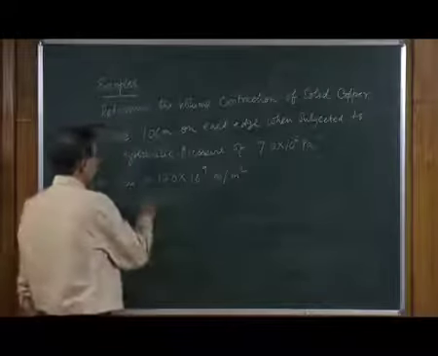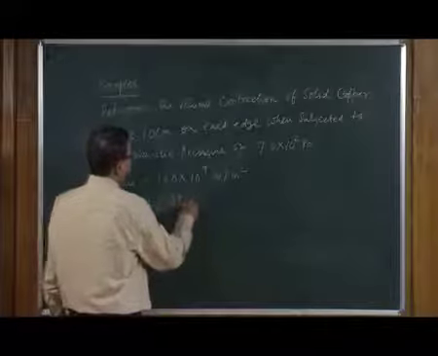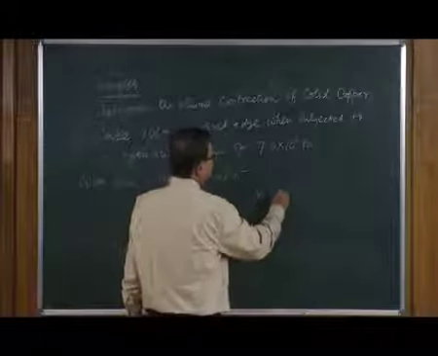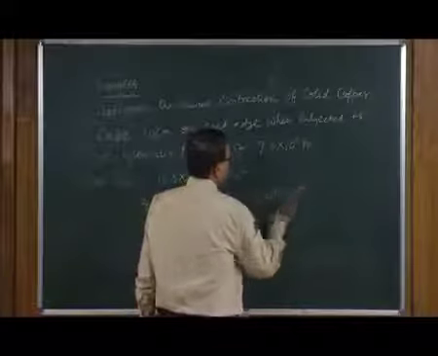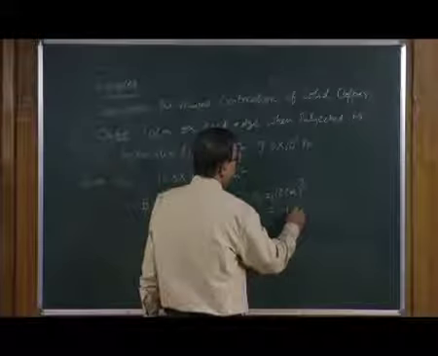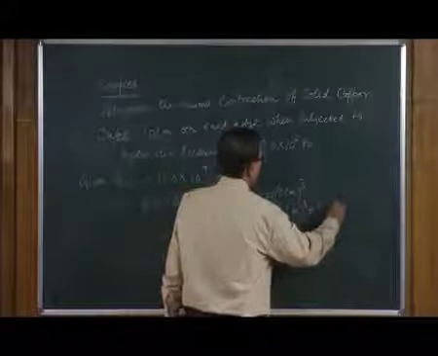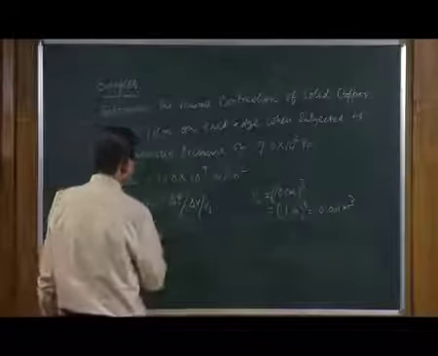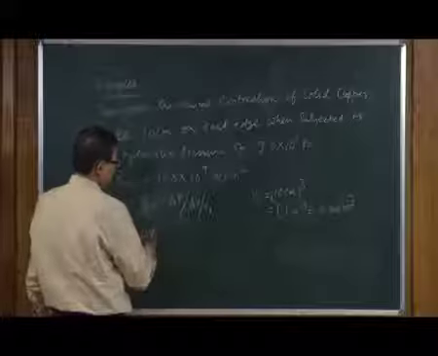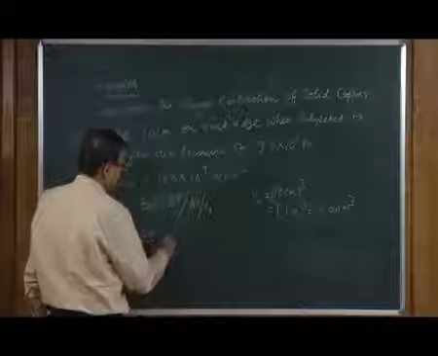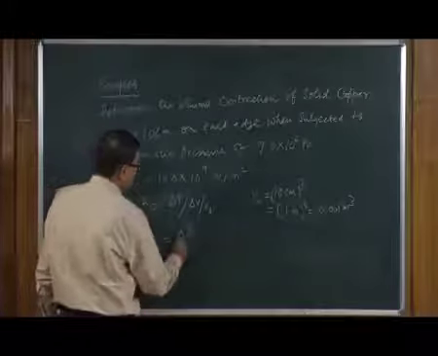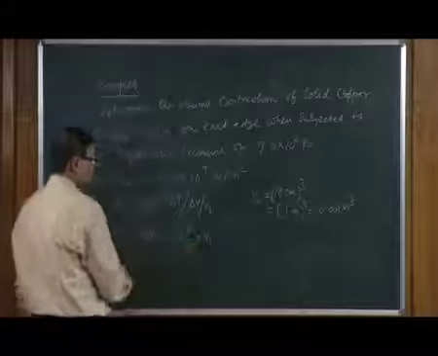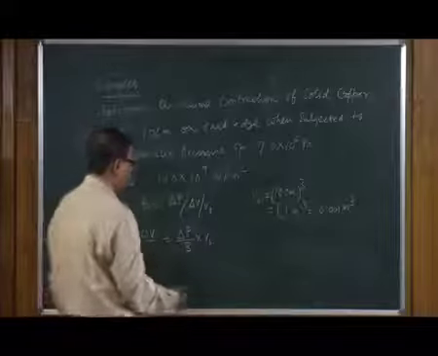So, we again use this formula as delta P divided by delta V over Vi. Do not forget to convert your Vi, which is 10 centimeters whole cube, or this is equal to 0.1 meter whole cube, which is equal to 0.001 meter cube, and your delta V is what is wanted. So, delta V divided by Vi becomes equal to delta P divided by B, and this Vi can go upstairs for you to compute delta V, which is a change in volume of the solid copper cube,